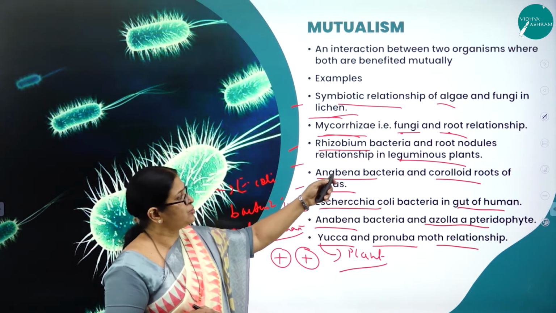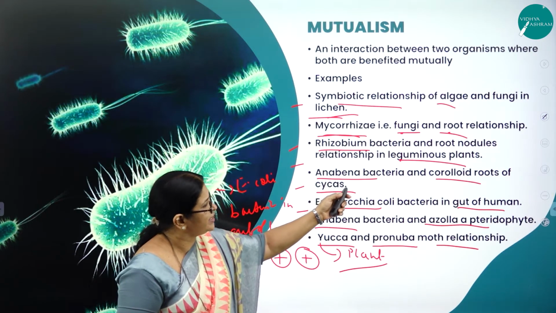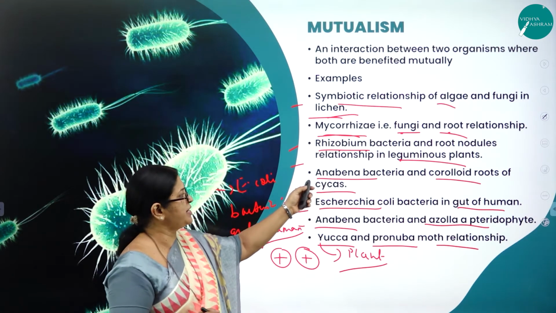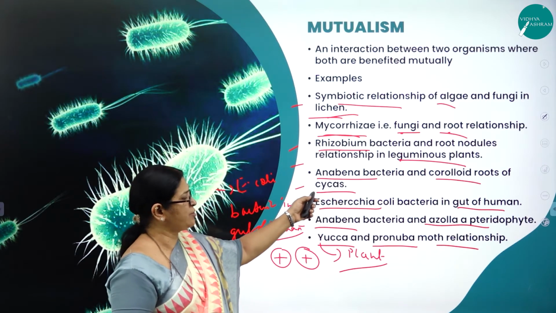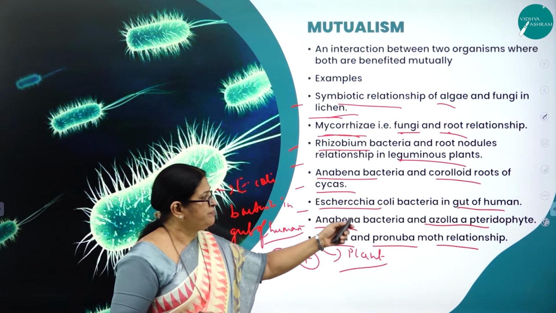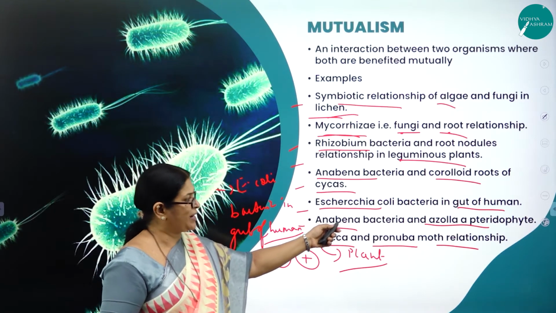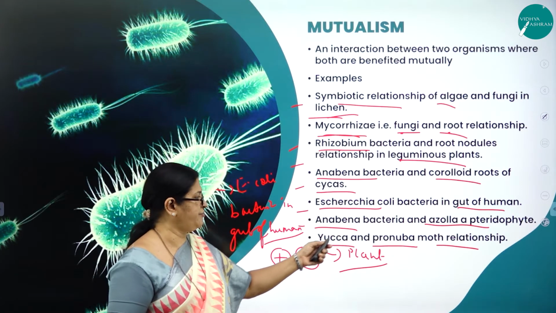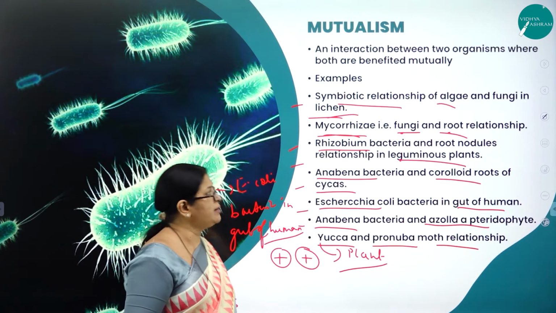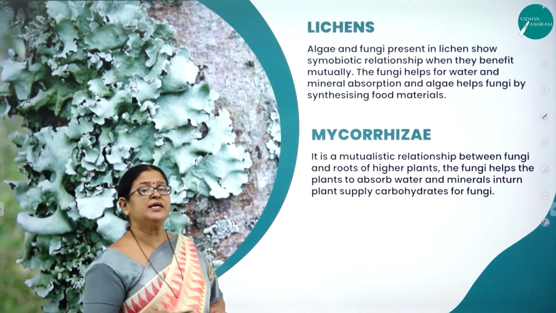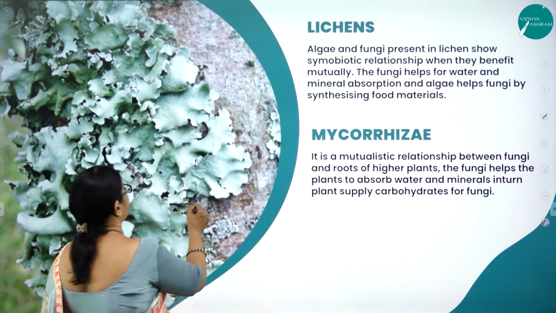Mycorrhiza, that is fungi and root relationship. Rhizobium bacteria and root nodule relationship in leguminous plants. Anabaena bacteria and coralloid roots of Cycas. E. coli bacteria in the gut of humans. Anabaena bacteria and Azolla, which is a pteridophyte. Then yucca and pronuba moth. Then lichens. Here you can see this beautiful picture of